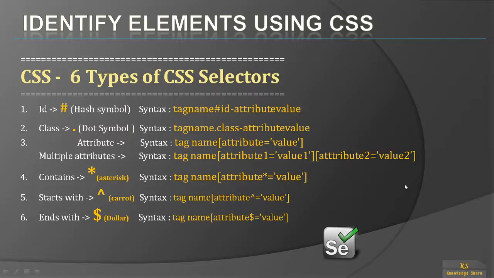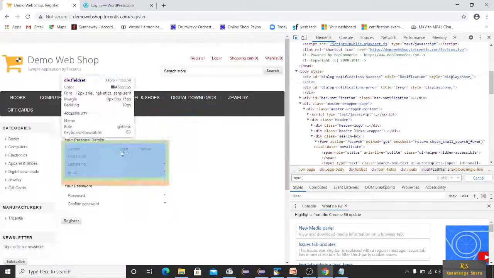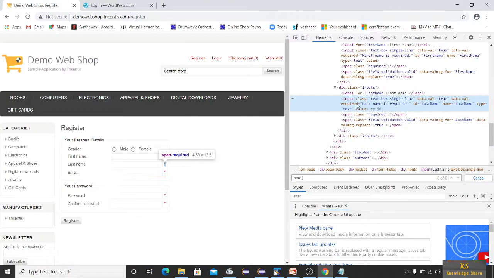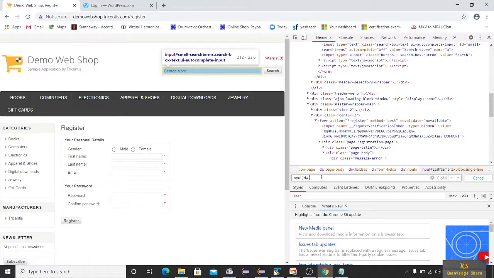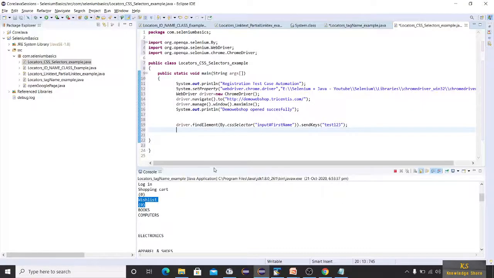For the last name I'll select this one, and I'll give id is equal to last name. See, only one of one was found. That means it's a unique value. So let's copy this and use it in our program.